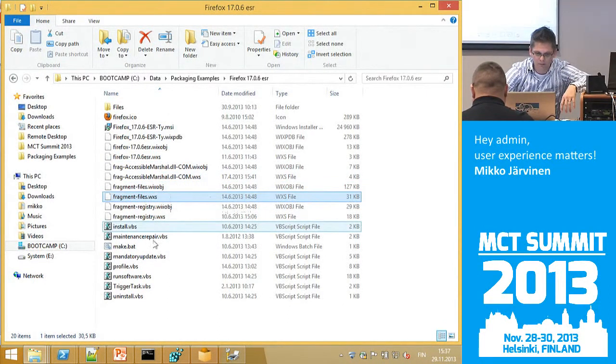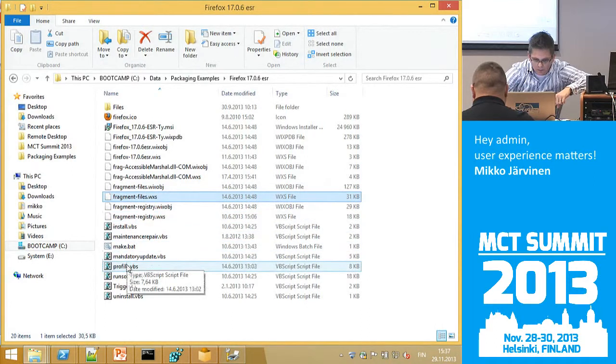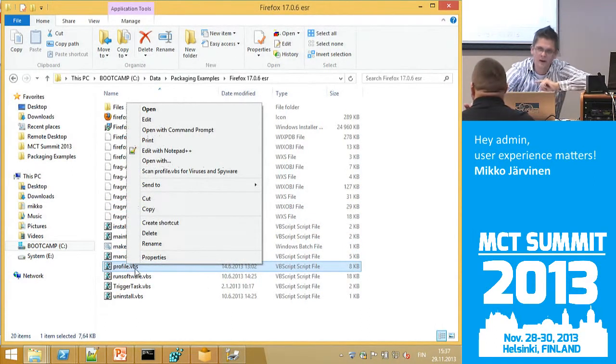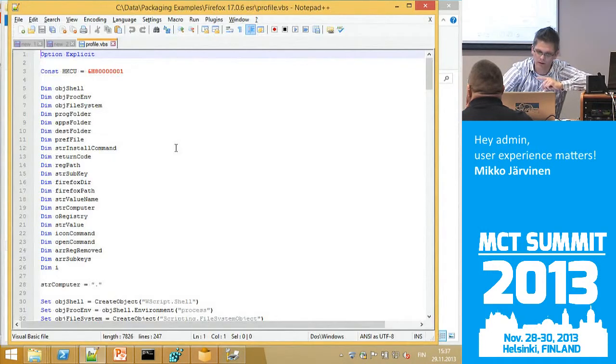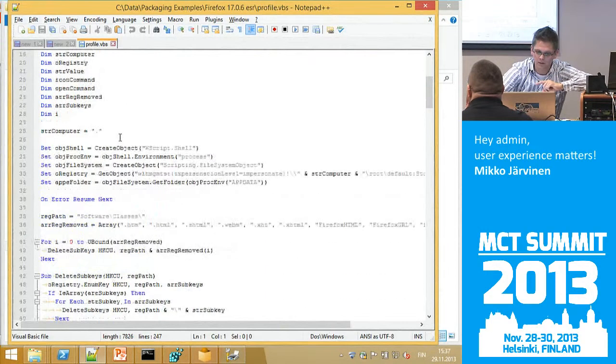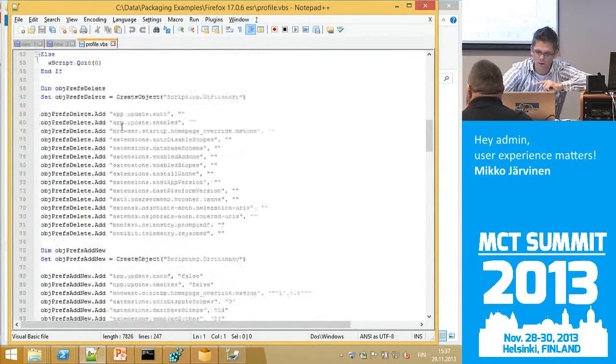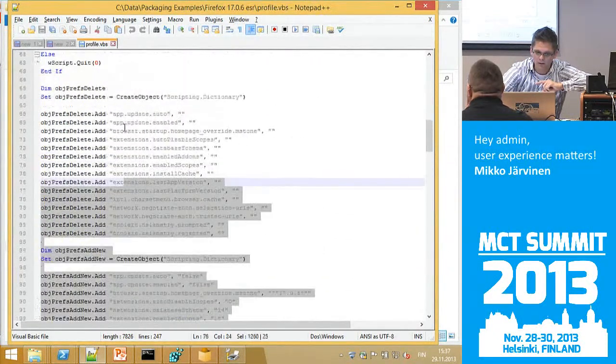And then we have some scripts and about that prefs.js. Here's a profile.vbs script that we have created to fix the user settings.